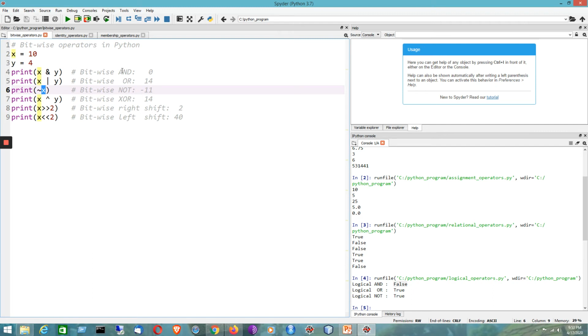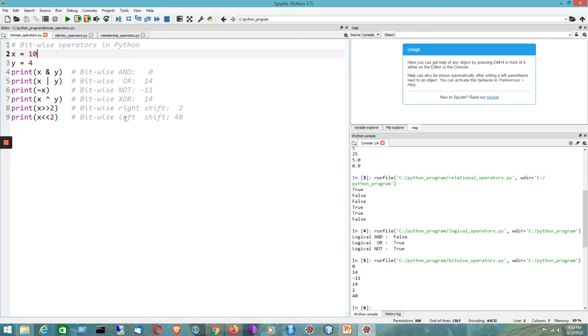For bitwise and, it will give you the result 0. For bitwise or, it will show the result 14. For bitwise not, with respect to the value of the variable x, it will show the result -1. For bitwise XOR, it will show the result 14. If I perform bitwise right shift by 2 bits, it will show the result 2. For bitwise left shift by 2 bits, it will show the result 40.